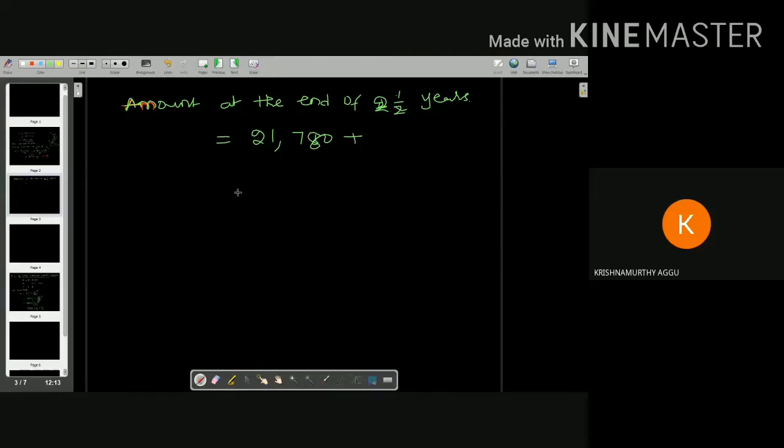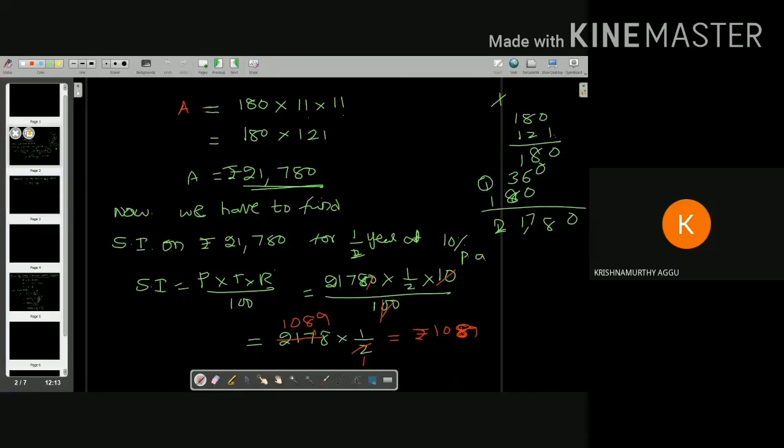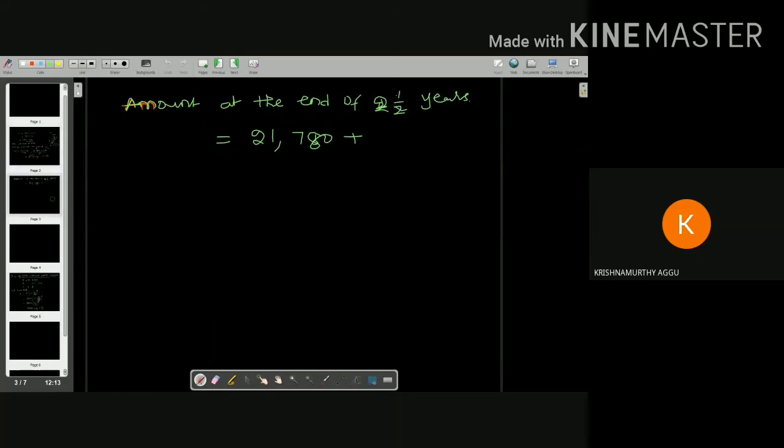For half year interest is how much? 1,089 rupees. When we are adding these two, what we are going to get? 22,869 rupees we have to get at the end of